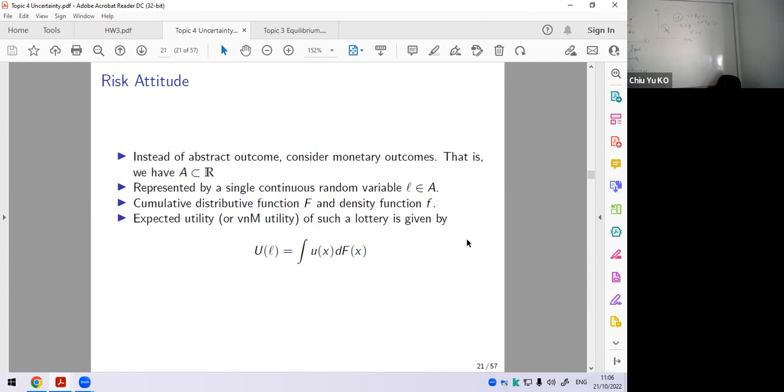I guess it's rather simple, and we focus on the case where you can represent the outcome by a continuous random variable. Okay, it's L. Okay, do note that this is a big jump because before we talked about discrete, right? Now I just jump to continuous. Okay, you have to believe me that actually everything holds. Okay, so I'm not going to explain why it holds, and so we just jump and we assume there exists